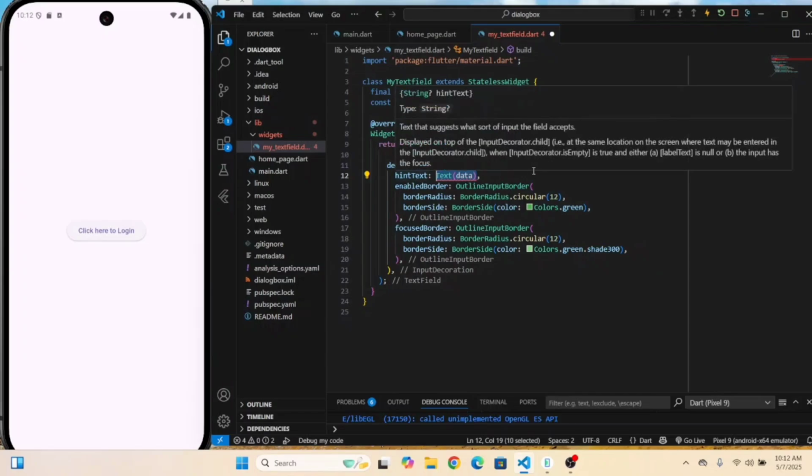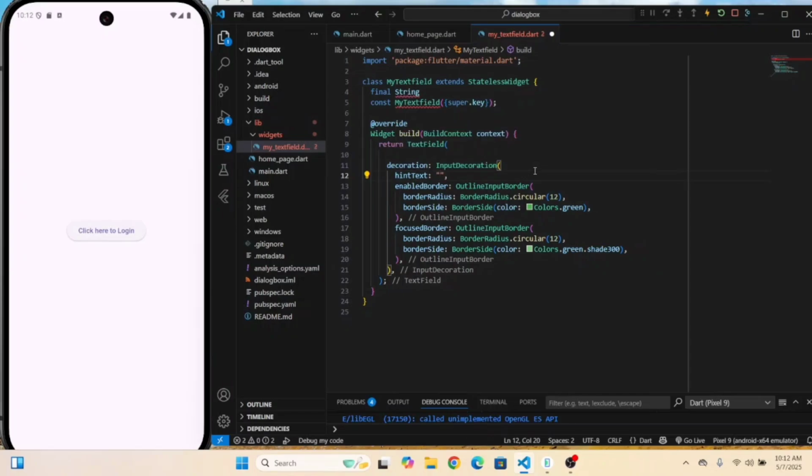We do not have to do anything right here, enter email like this, and let's make that dynamic. Let's write here final string hint text,